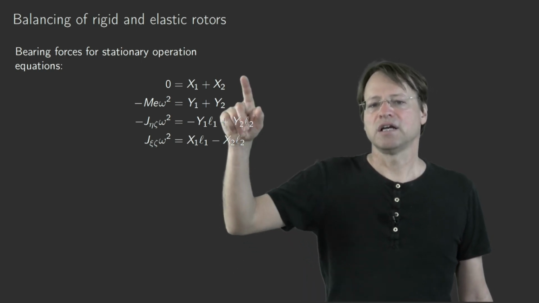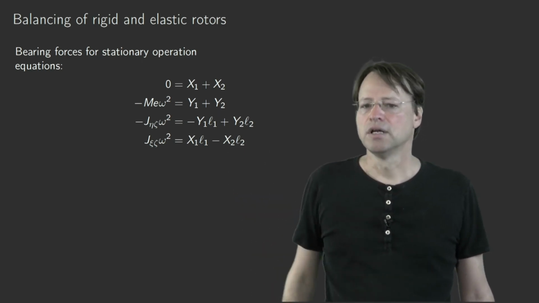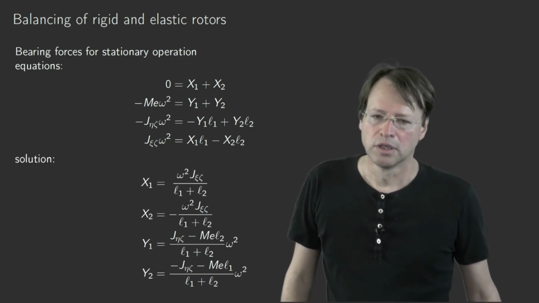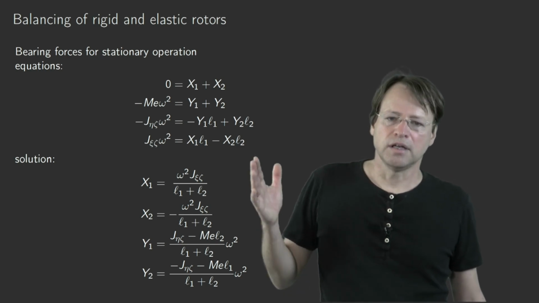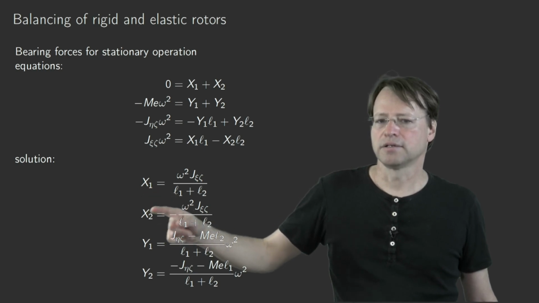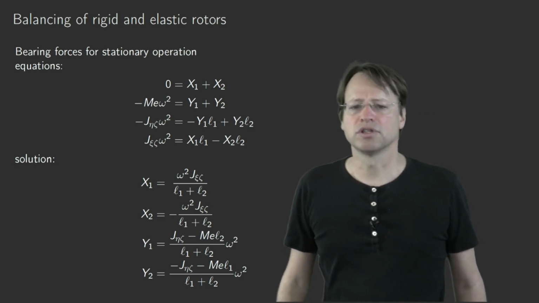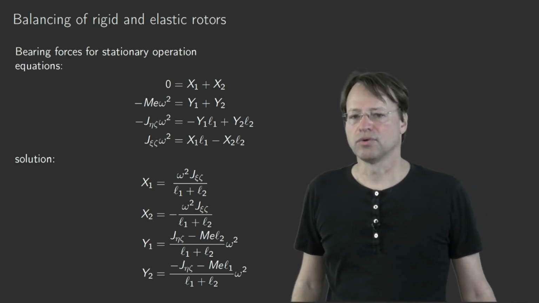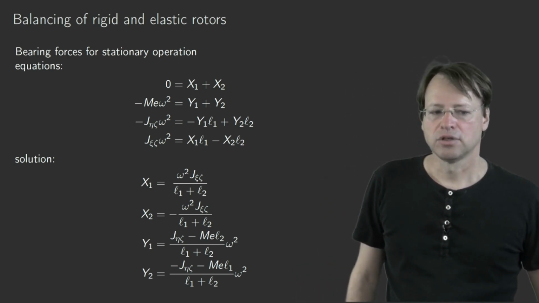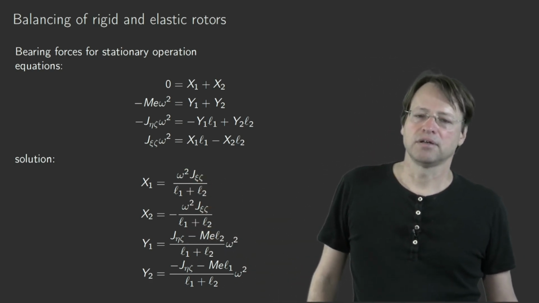You have time-independent forces in the body-fixed coordinates, and you have a linear system, and this linear system is now easy to solve. The solution, I don't want to bother you with the details here. It's technical to solve four linear equations for four unknowns, but the solution is of interest. Why? Because first of all, you can see a dependence on omega squared. The bearing forces depend on omega squared,